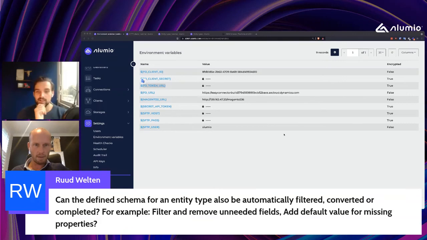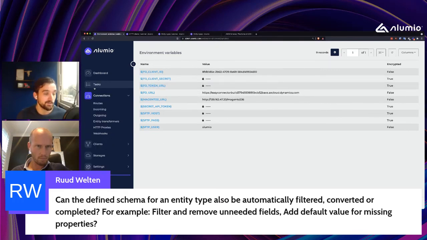Okay, can the defined schema for an entity type also be automatically filtered, converted, or completed? For example, filter and remove unneeded fields, add default values for missing properties. Yeah, it's a good question, Ruud. So I'm not entirely sure if we can do that through the entity types, but we can certainly do it